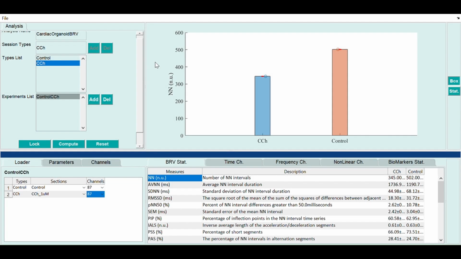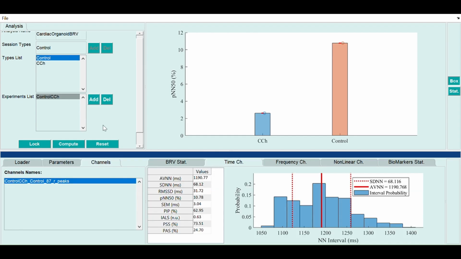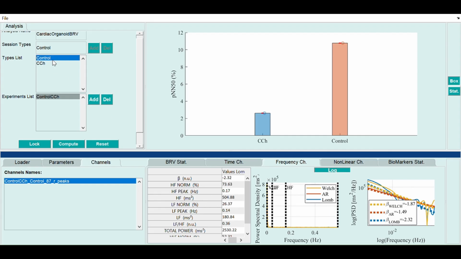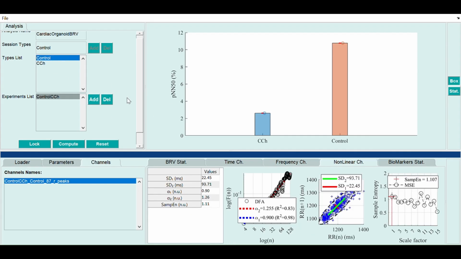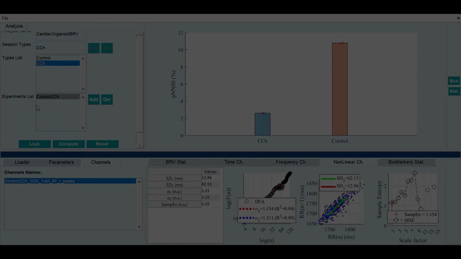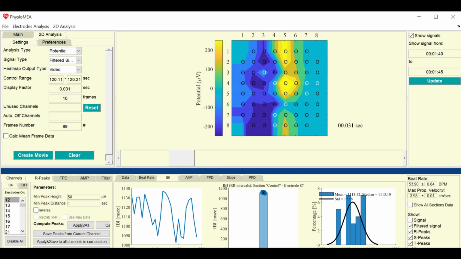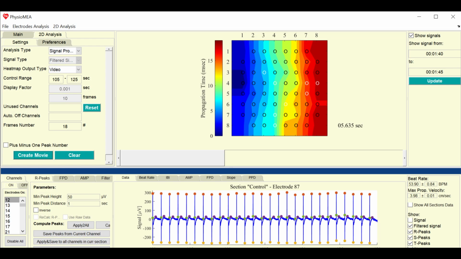Results include detailed comparisons of beat rate variability metrics between experimental conditions, presented in both a table and bar graphs. Time domain, frequency domain, and nonlinear beat rate variability measures can be explored, all clearly visualized within the platform, for each channel dataset loaded. In summary, PhysioMEA is an open-source, comprehensive platform that brings together advanced signal processing, two-dimensional analysis,